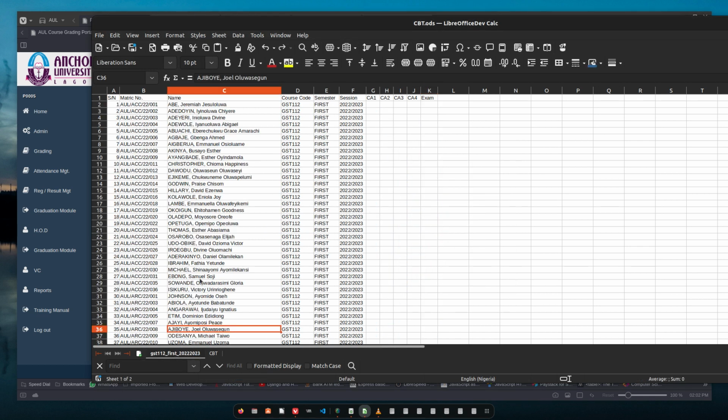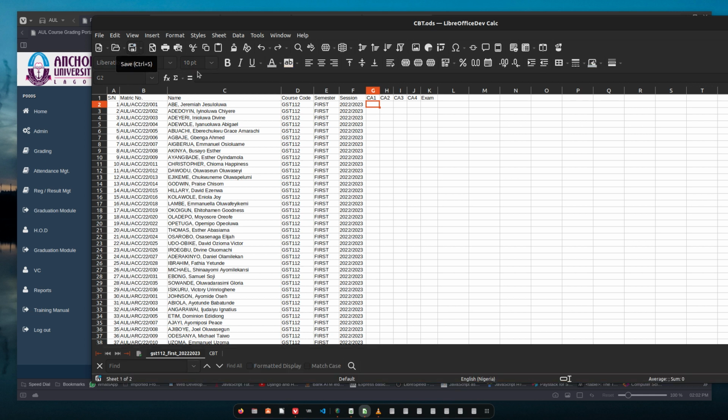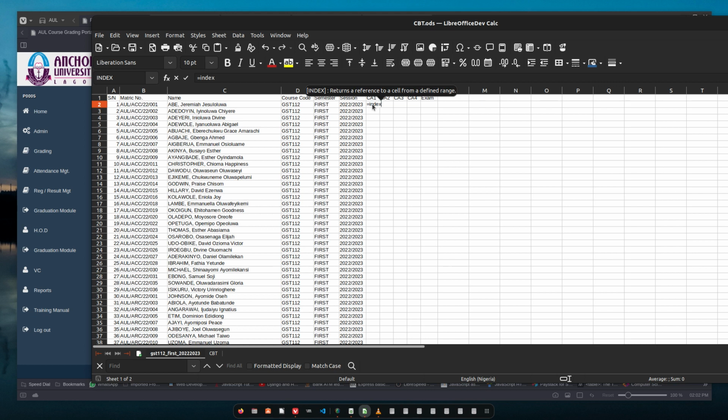I need to go to the destination file, destination arranged. So I've not scattered the arrangement from the portal. Okay. So I want to put the formula here. Just be checking what will be happening in this formula box, because that is where it will be showing. I said equal sign, index, the CA1 that is coming to CA1 from CBT, open brackets, CBT CA1, already highlighted. I press enter, comma,